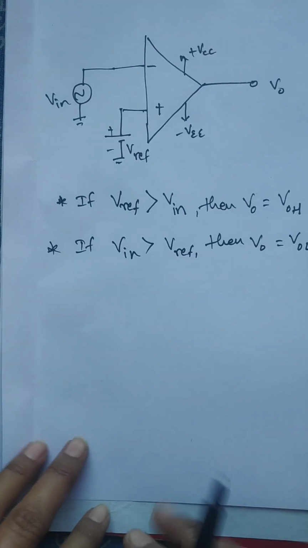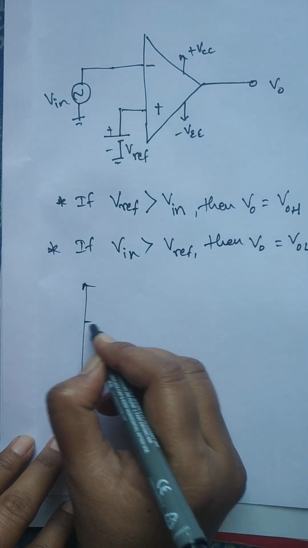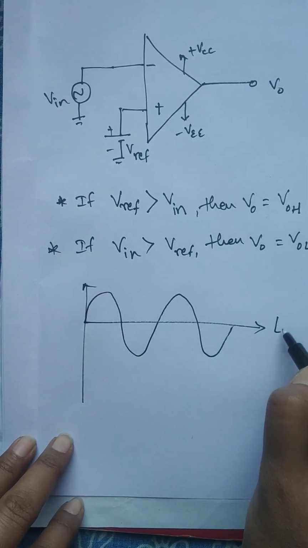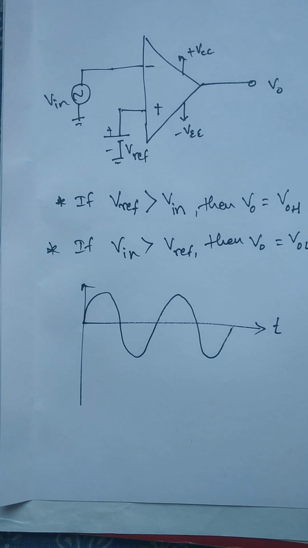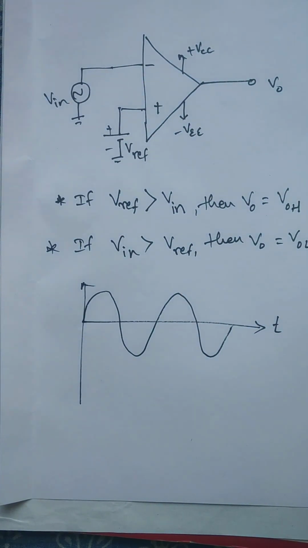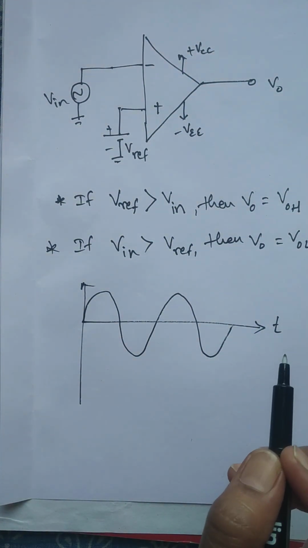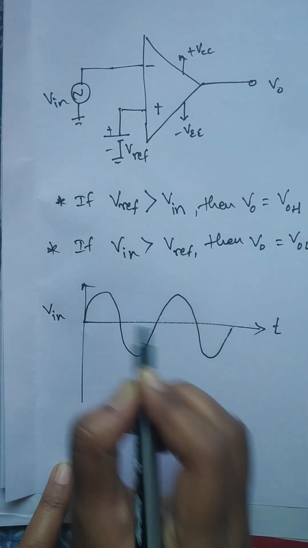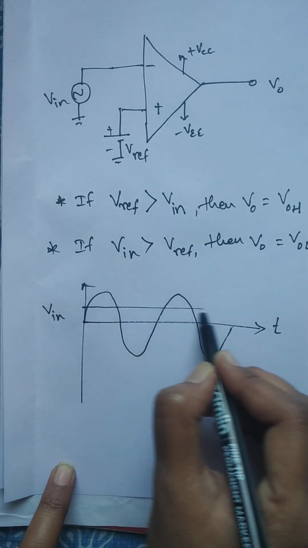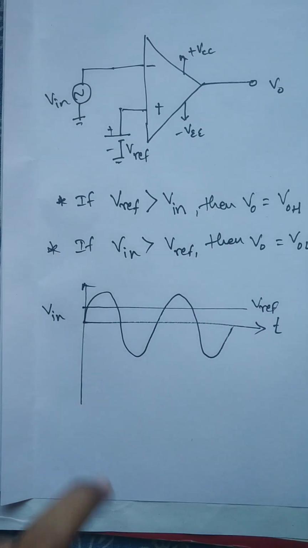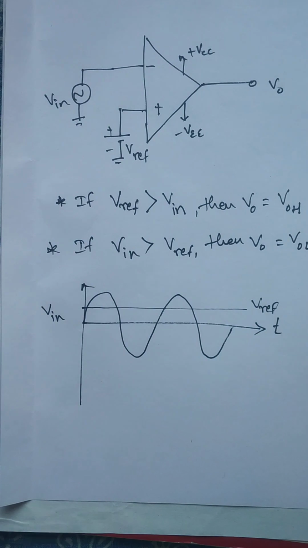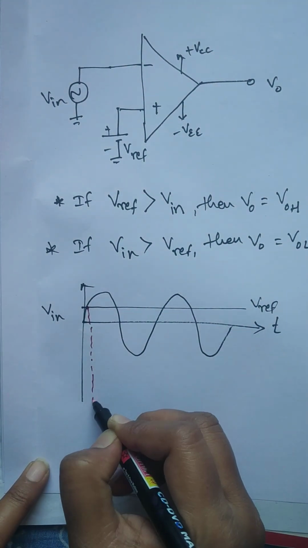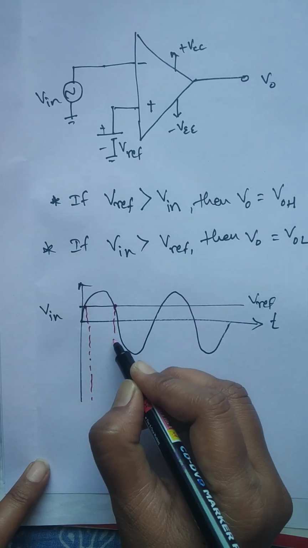Output voltage. And now again you can draw the waveform. So students, you have to remember at the time of exam, you have to present your paper with the help of most of the diagrams, expressions and waveforms. So this is V input, this is my V reference. Again, let us project all the crossing points so that it will be easier to compare.